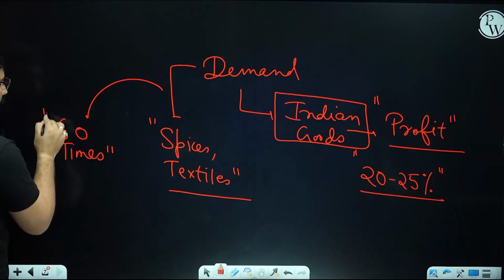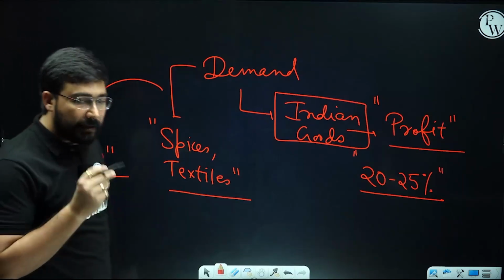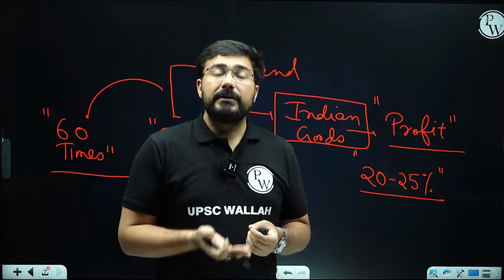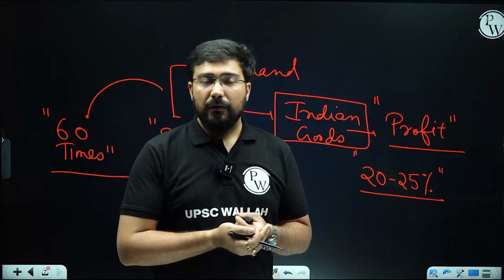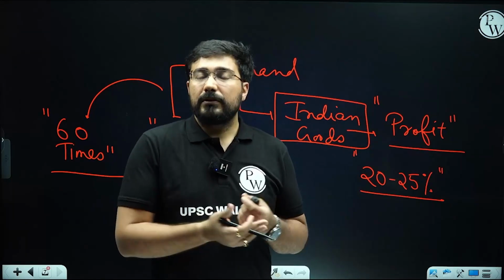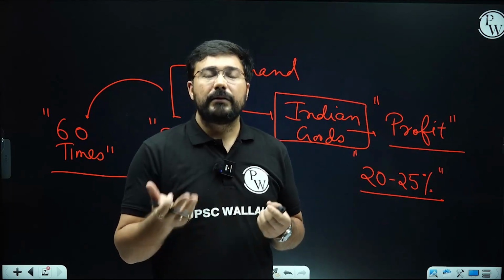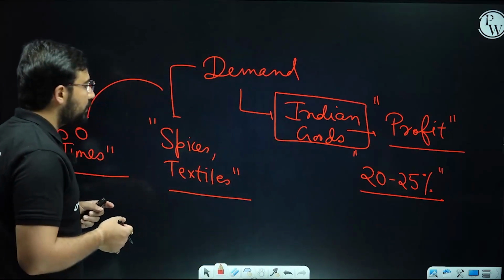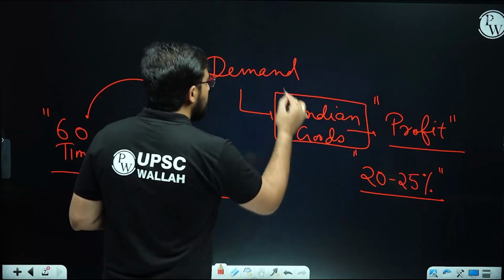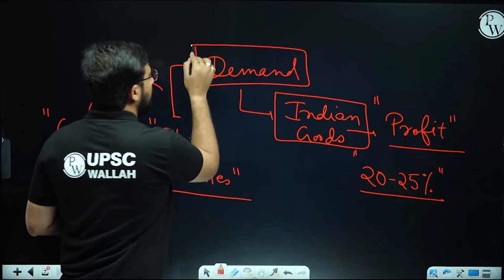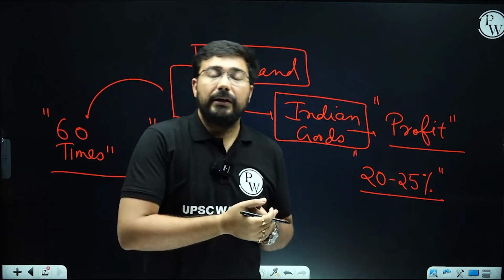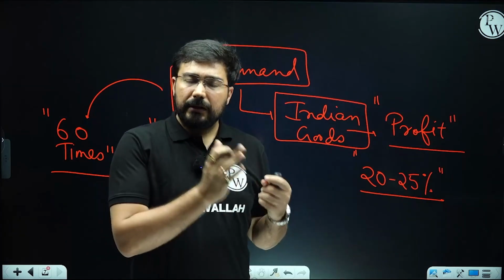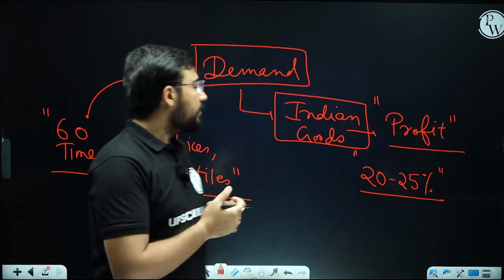Plus, as I've told you, the Turks started putting taxes on the products. So the price was increasing for the people of Europe. On the other hand, Indians were also not benefiting that much, because the Turks were getting the maximum commission. That's why the Europeans thought, let us go to India. That's why the most important economic factor was the demand for Indian goods. And India was an industrial powerhouse, not in the modern sense, but in the traditional sense.